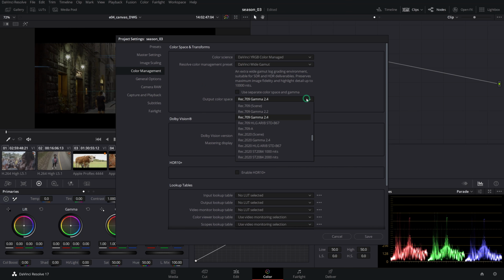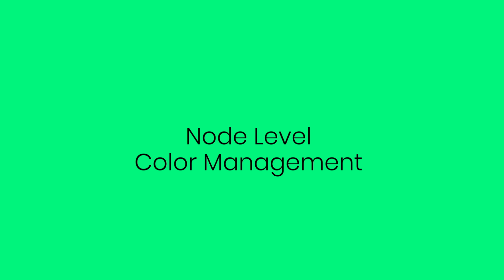Working in a wide gamut color space, you're future-proofed for a variety of end uses ranging from the Rec 709 standard for web end use to HDR 2020 or P3 cinema color space without needing to regrade the footage to adapt these output transforms. All you need to do is switch the output color space in the project setting to the standard you need. While the project-level color management is an efficient, one-stop scene-referred solution when working with one source